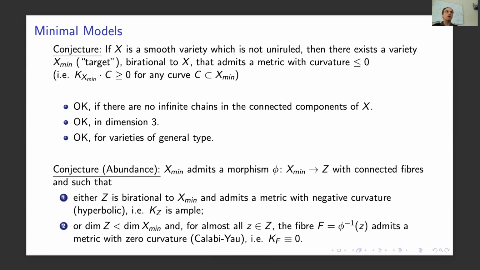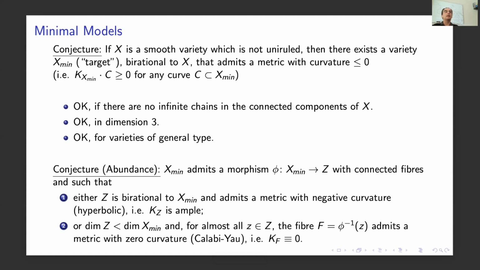And this, again, is a very open conjecture, except in dimension 3 and lower, of course, where we know it to be true. So the picture is similar to the case of Mori fiber spaces, but let me clarify. So we expect that the minimal model, a variety which does not admit any more arrows starting from it, which is not uniruled, admits a morphism into Z with connected fibers, and such that either Z is birational, so in other words, phi is a birational morphism, and Z